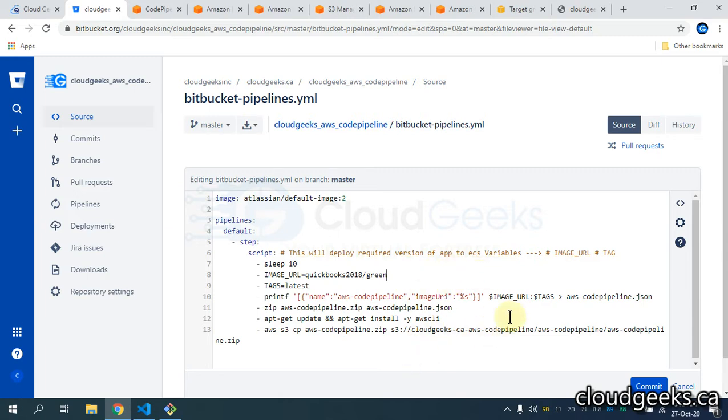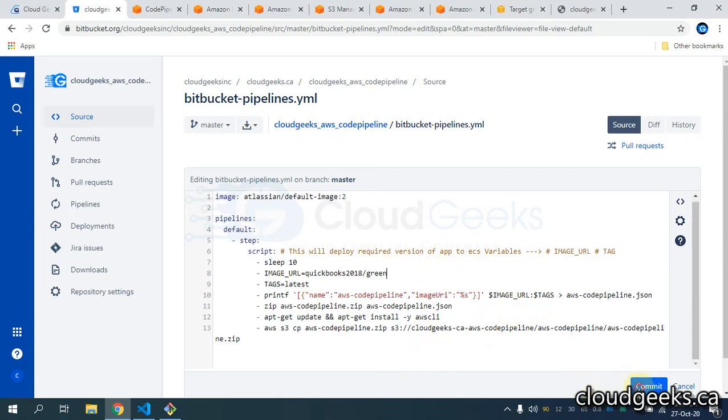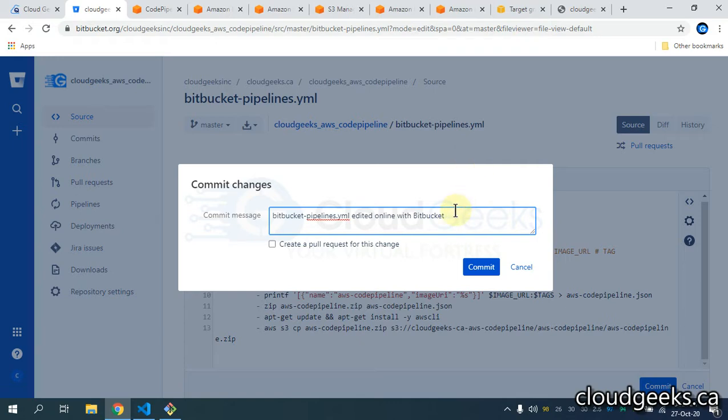Everything will remain the same, and you will see that. Let's call this commit Cloud Geeks AWS CodePipeline with Bitbucket, actually.